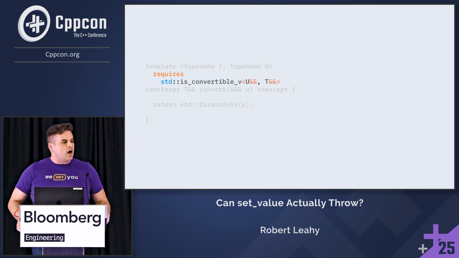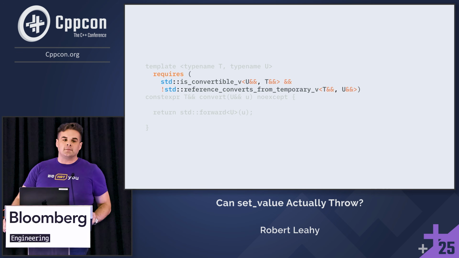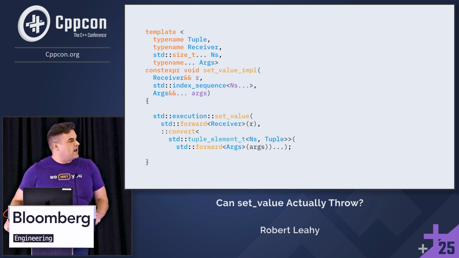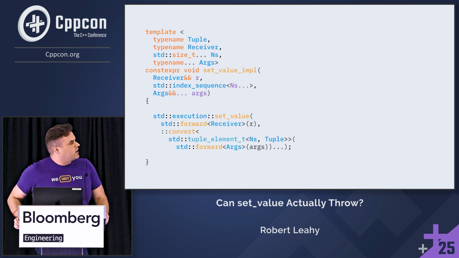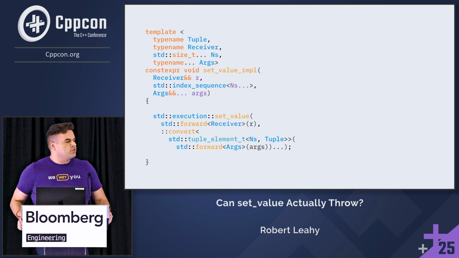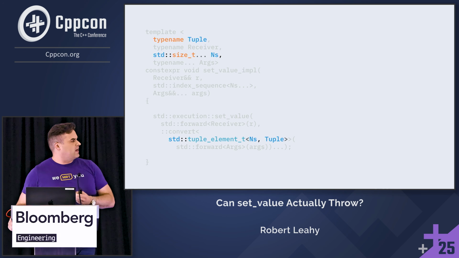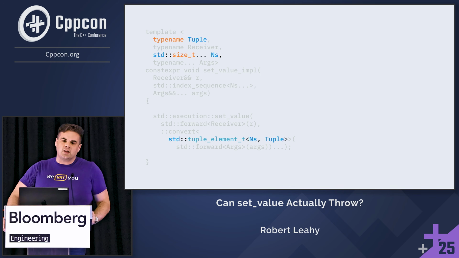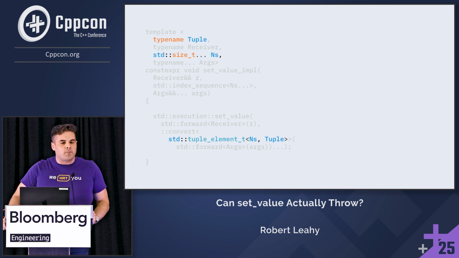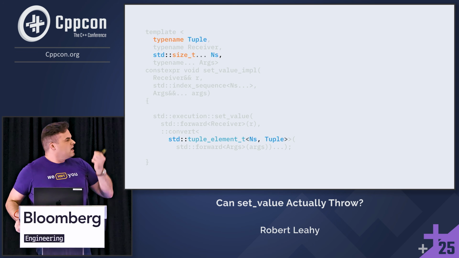And so what we need to do is modify this constraint to add the type trait added to the standard for exactly this reason. With that in mind, we can move on and we can write an impl function which performs our conversion on each and every argument before calling std::execution::set_value. But there's things we haven't seen the definition of on this slide. How do we actually get the ground truth of the types these things are supposed to be? Who's going and finding the completion signature that matches and feeding in those types? And since std::execution operations can complete with multiple completion signatures, how do we even pick that completion signature?